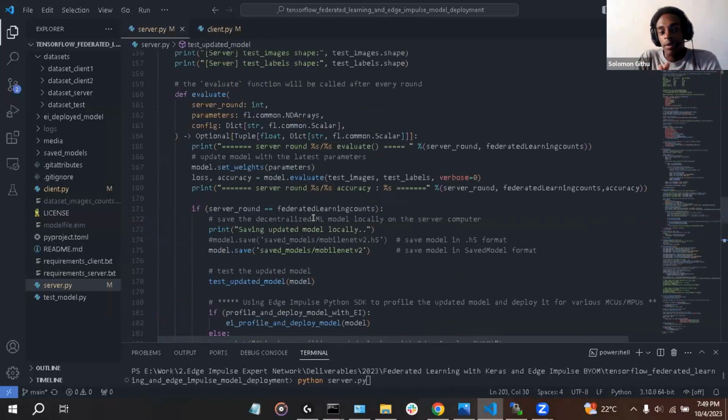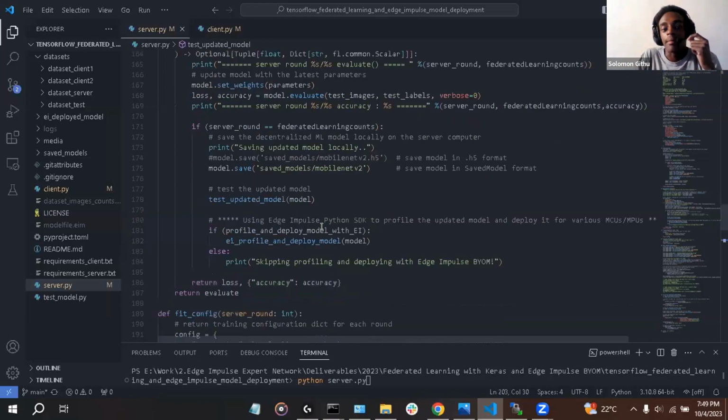After initializing a model, the clients will join the federated learning server. Each client will train a model with their own data set. After the federated learning is complete, the federated learning server will save the model first, and then it will use Edge Impulse Python SDK to profile this model and then to deploy this model. I will talk about this profiling and deploying later.